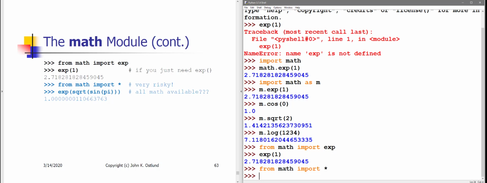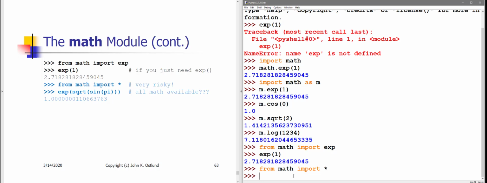So if I had previously defined some function named, let's say, log, that I was using as part of a lumberyard management application, well, by saying from math import star, my existing log function would have been overwritten or replaced, if you will, by the math module's log function. All right, so this is convenient but risky. It's definitely not something that you want to do within a program that you store in a file. You can do it interactively if you're pretty confident that you know what you're doing, and if you're not going to have a really long session where you're really concerned about potentially damaging parts